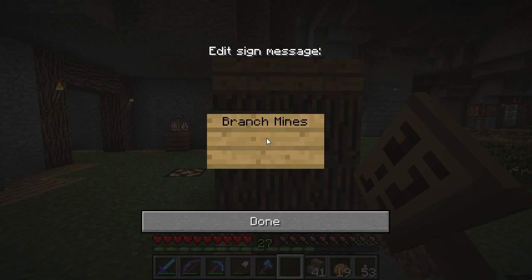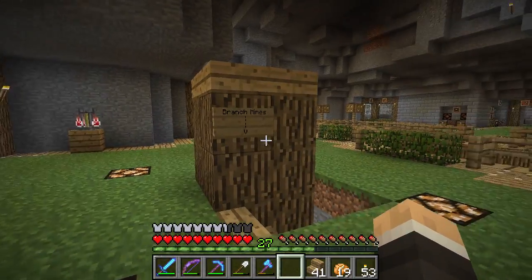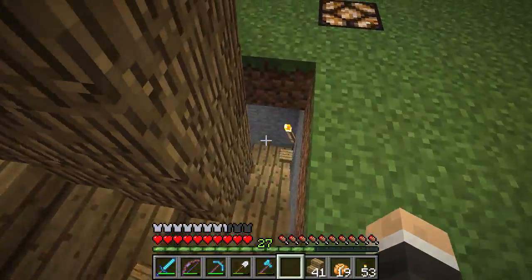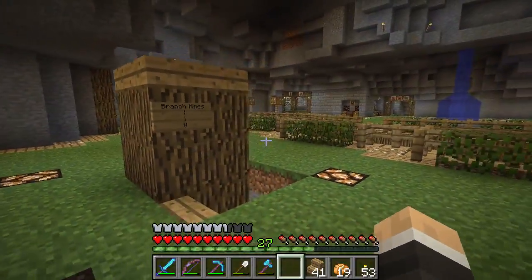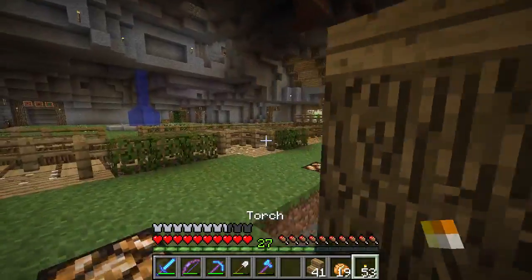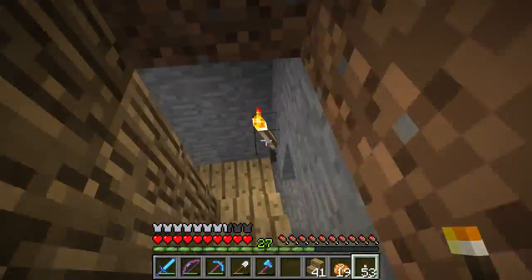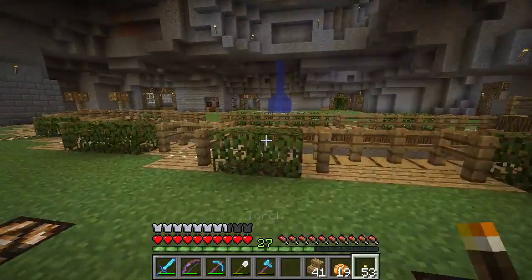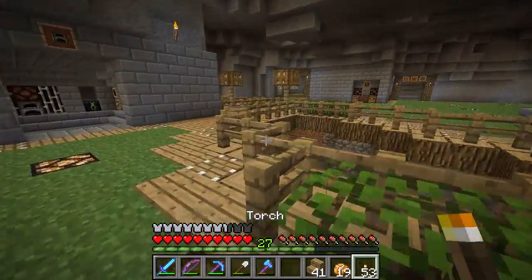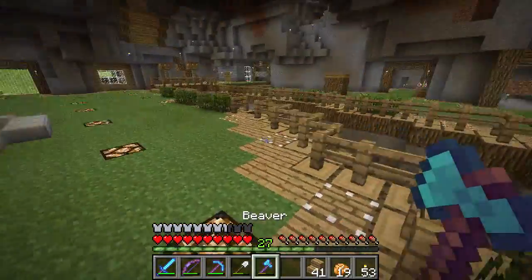Branch mines, and just put a little arrow on it. There we go. Perfect. So this is gonna form, let me pick up these slabs. So this is going to form our pathway to the branch mines, which are in that general direction. It's going to be mostly guesswork on my part to get this finished, because I don't know exactly what direction I need to go in to get there, but it's certainly going to be a lot better than what this